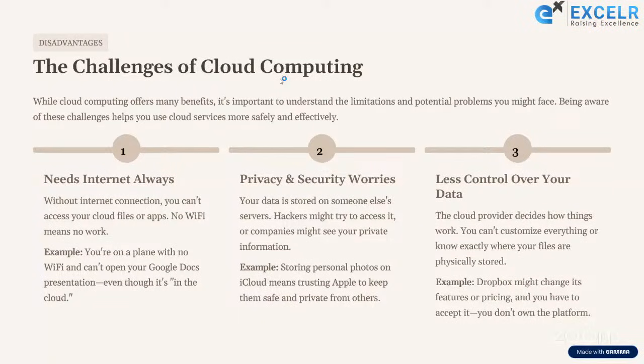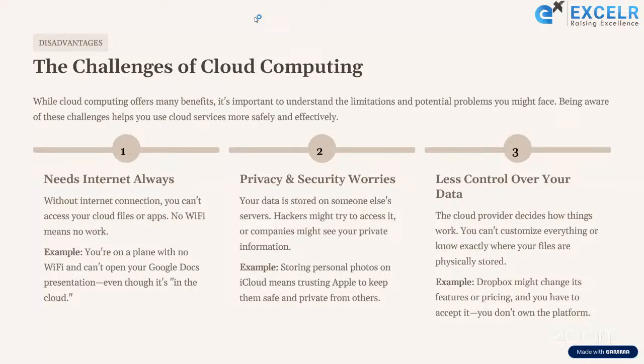Because all of us are using Google Drive, all of us are using Microsoft OneDrive. Can anyone say where exactly our data is being stored? Okay, don't say that our data will be stored in the service. I'm asking for a particular location where exactly our data will be stored. Does anyone have any idea on the question which I've been asking? All right, not an issue. So we don't have any specific idea where exactly our data is being stored.